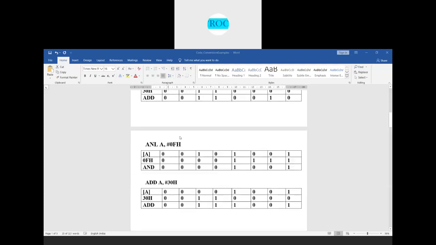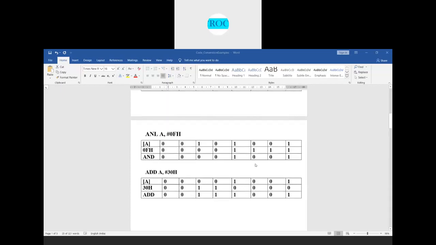Here I want only the lower nibble 9, so I AND with 0FH, and when I perform it, the accumulator will have the content 09. The accumulator is having 9.